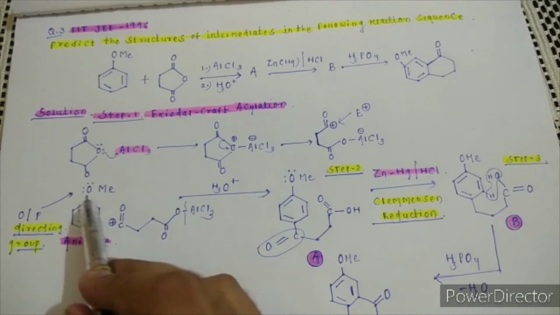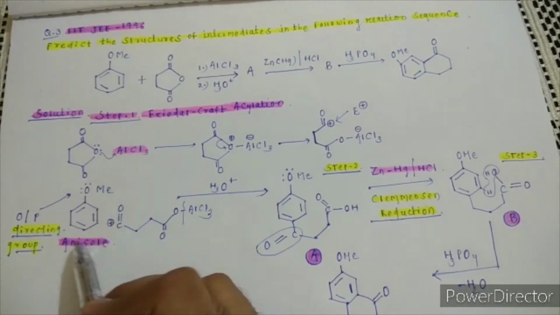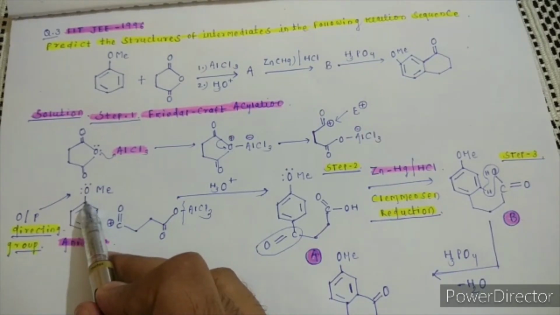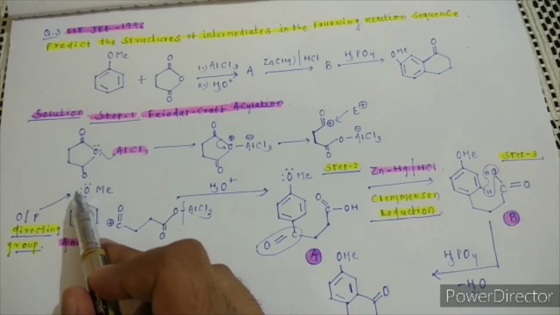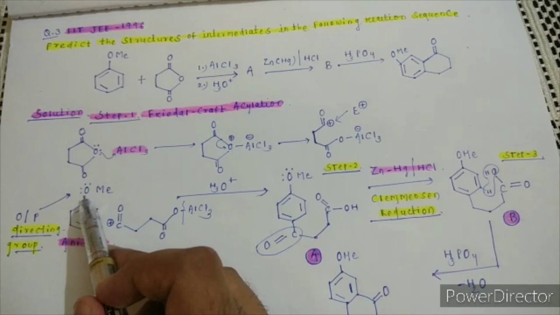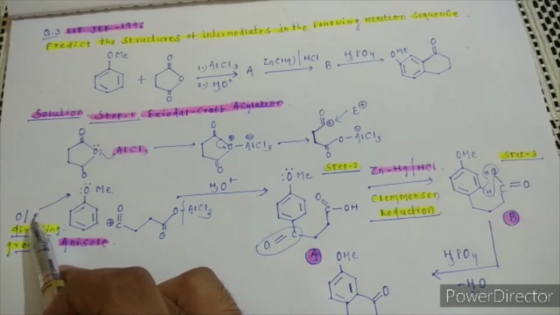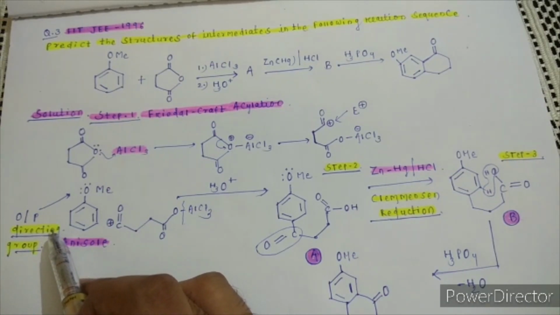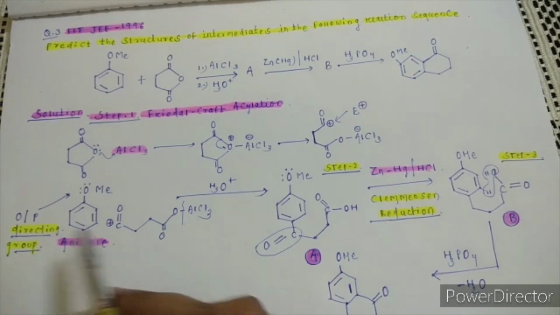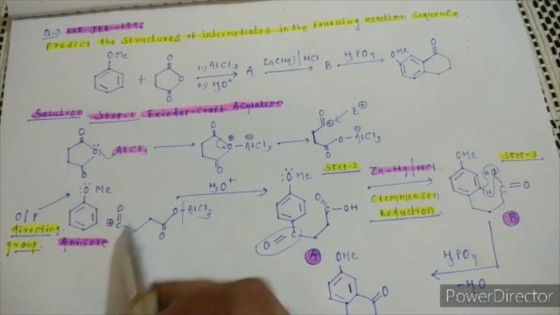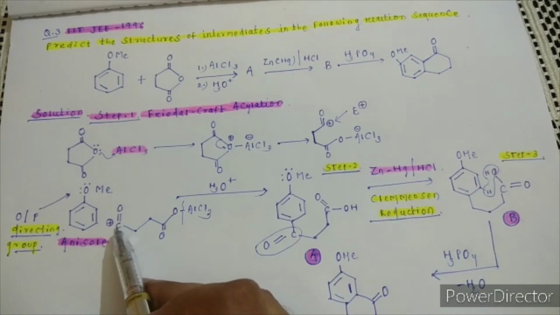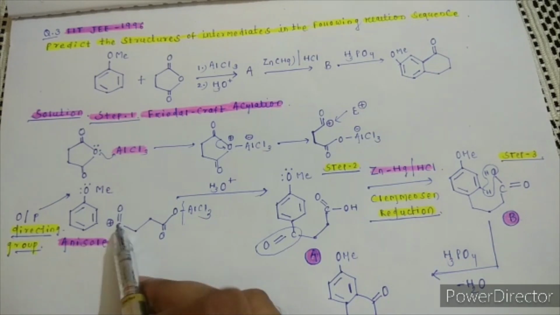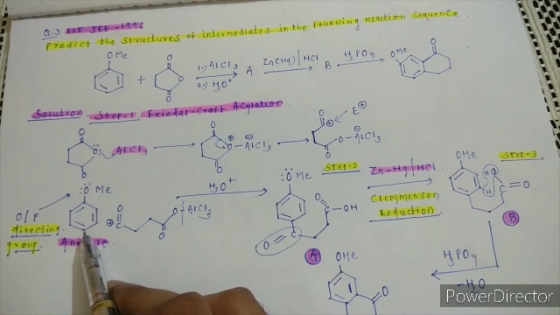As we know, the oxygen is present here, and this compound is actually an ether. The oxygen lone pair is in conjugation with the benzene ring. That means this ether compound shows which directing group? It's an ortho-para directing group, meaning at the ortho and para positions there will be more electron density due to resonance. The carbocation formed here is the electrophile. This carbon will join to the para position, because the para position is more electron rich.